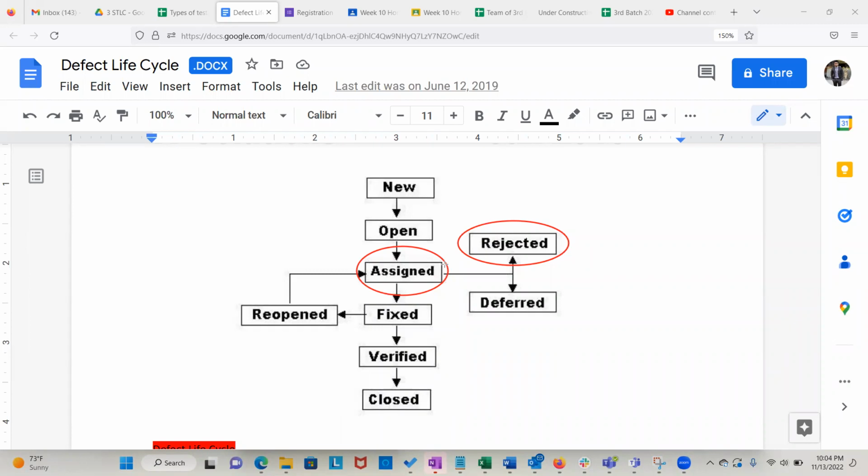Now, communication can be done on the Jira ticket itself, or you can set up a call and talk to them. Hey, I think this is a bug. This is what the application is doing. This is what the application should do. And after you give them further evidence, if they still don't agree with you, this is when you talk to the business analyst.